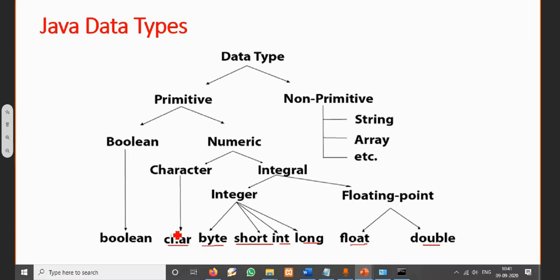Character has the character array as well as string, but string does not come under the primitive data type. It comes under the non-primitive data type. So under non-primitive, I can mention string, arrays, classes. We call all this non-primitive, because I cannot use string to perform direct operations using plus, minus or multiplication symbols.